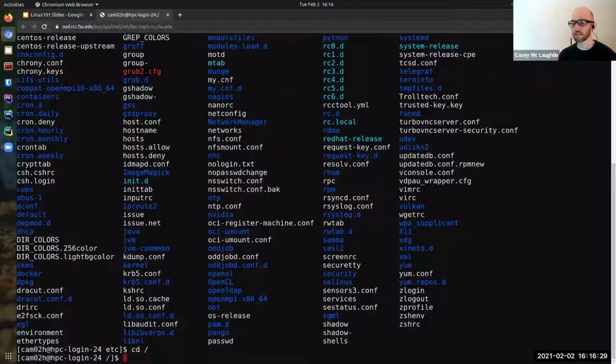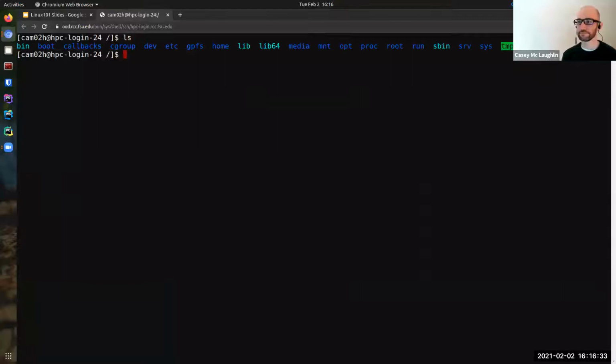Now, let's take a look at relative path navigation. Change directory. All right, relative path is when you want to go into either a subfolder or a parent folder of the directory you're in. So relative paths don't require a / at the beginning of them.